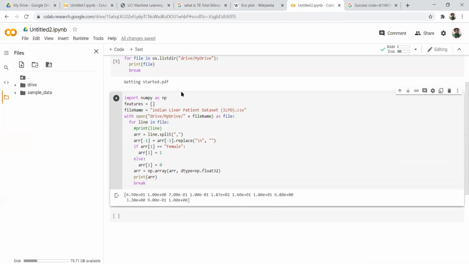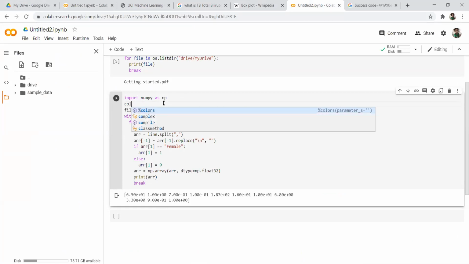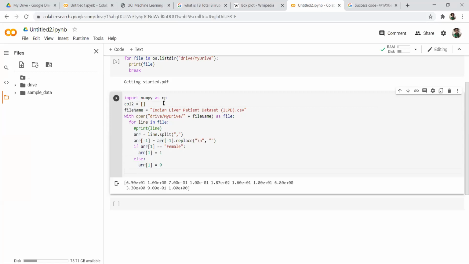So what can I do? I know it is column number 2 now. So here I can simply write col2 is my array, and what I can do is something like this. I can say col2.append.